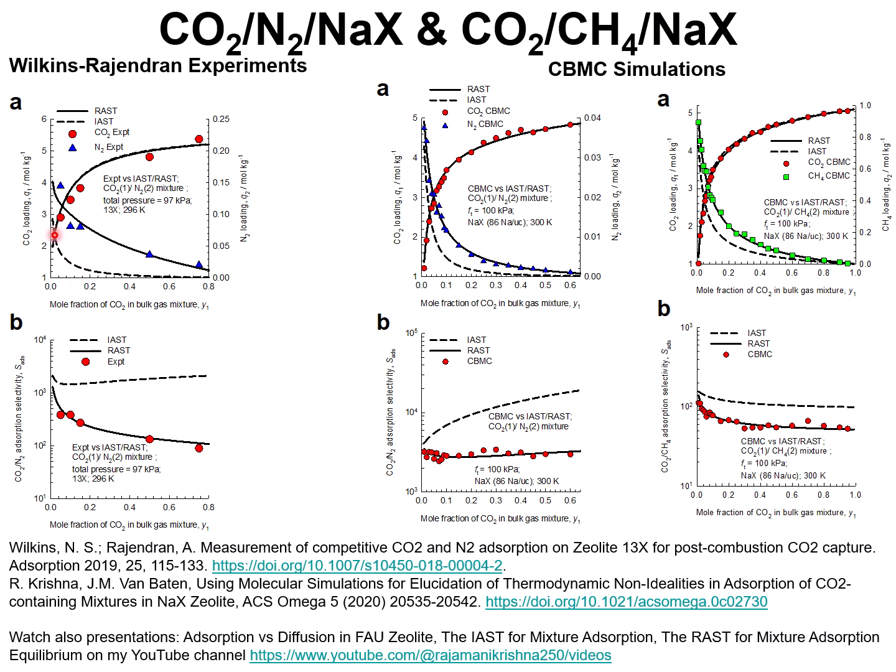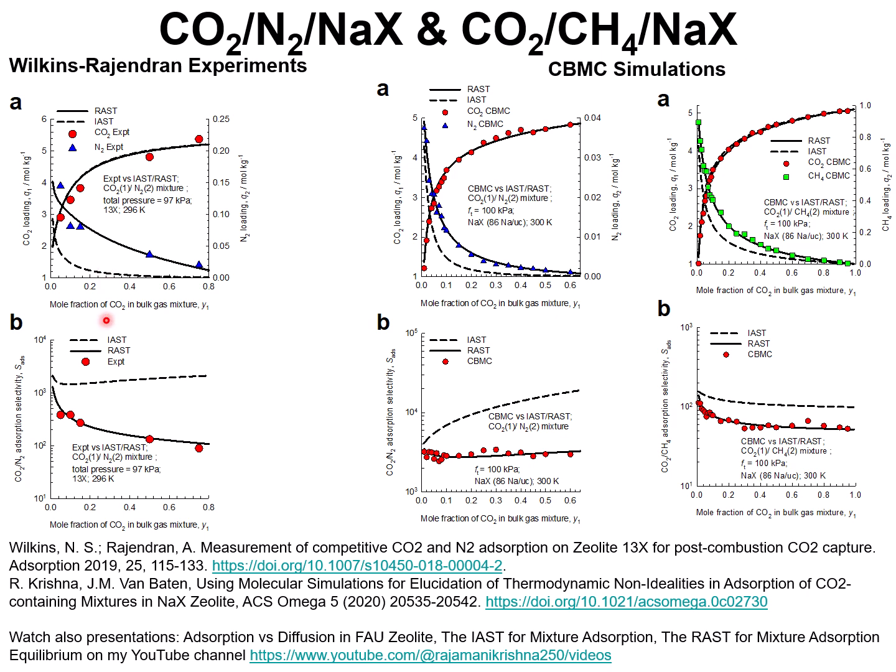The IAST predictions for the component loadings based on unary isotherm data are indicated by the dashed lines. For CO2, the dashed lines are in good agreement with experimental data. However, for nitrogen, the component loadings as measured experimentally are significantly higher than those predicted on the basis of the